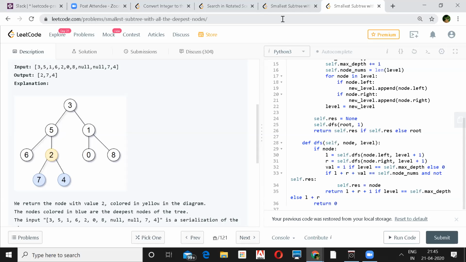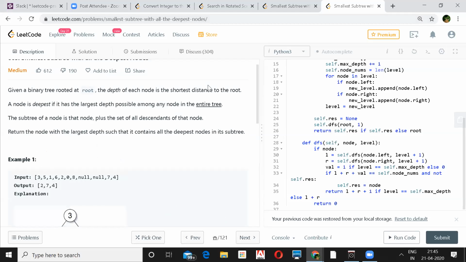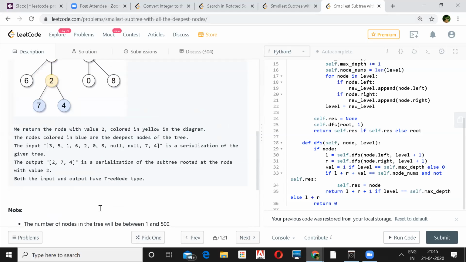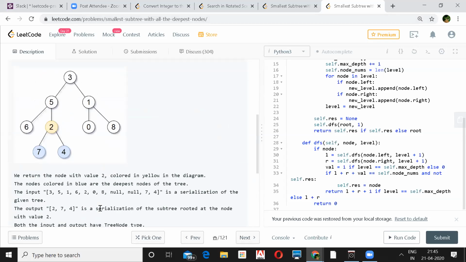If there are dupes at any level, if there are dupes at the depth, then I should still go further up to find the one node which has the maximum depth. Yeah, but in our case, what we were just discussing is that the values of each node will be unique. When I say dupes, I mean dupes for the depth. Depths, yeah.